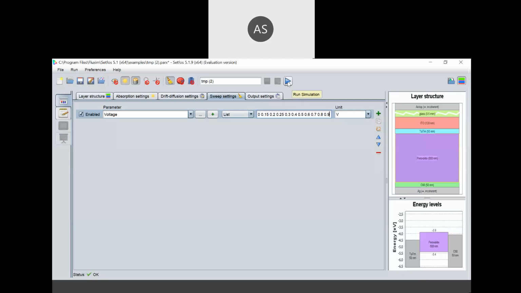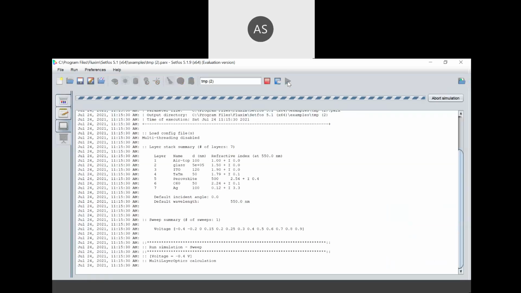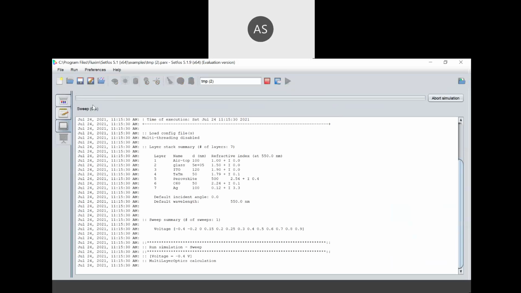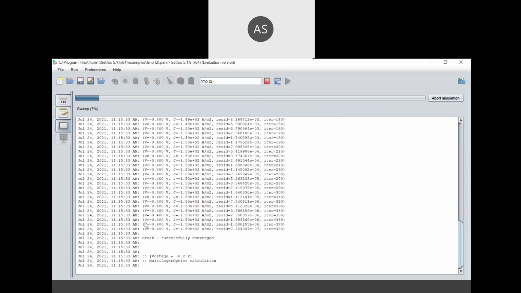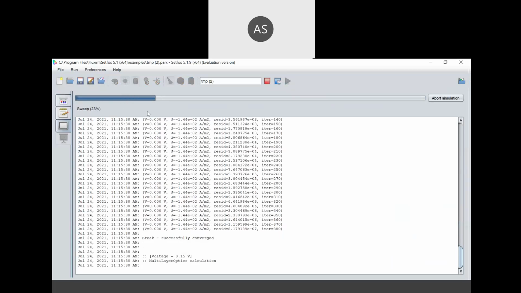Now let me run the job. Now the job is running and the solver is converging. 7% calculation is done, and you can see how much simulation percentage is completing.